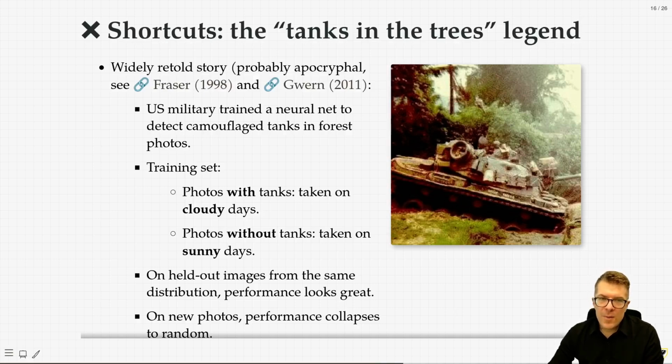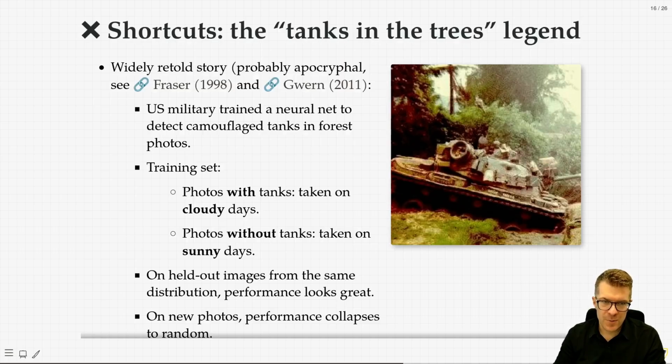We'll talk a little bit more now about how sometimes metrics tell the wrong story. So one of the main things I'm trying to emphasize here is that merely trying to demonstrate that your model achieves high values on some of these scores can ignore real world problems that the model is facing. So this is a widely told story. It may be apocryphal, it may be false. Here's a couple of links you can follow up on that describes this sort of urban legend of computer vision